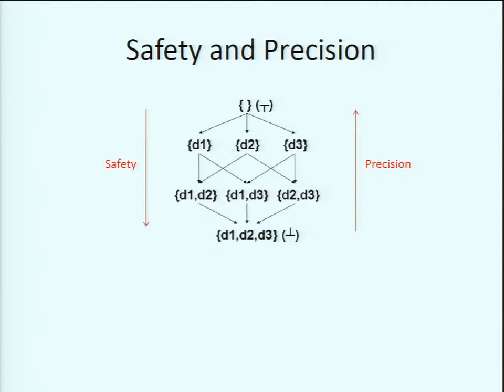That is safe, right? Because if you use D1, D2 to perform constant propagation, it is possible that D2 may not be assigning a constant, but D1 is assigning a constant. Therefore you will say that I cannot use constant propagation here. But actually D1 assigns a constant, and therefore you could have used constant propagation. However, that is just an optimization opportunity lost. It doesn't really change what the program does.